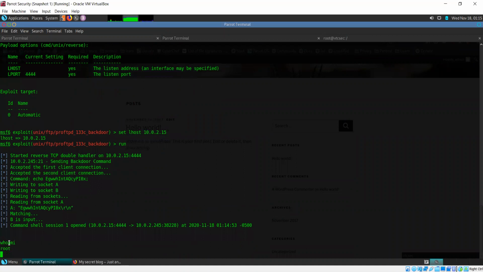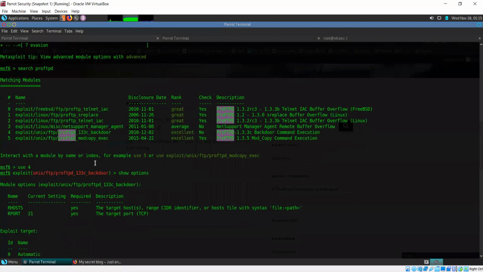Root. So this directly gives us root access because there is already a backdoor in this FTP daemon. So this is another way to hack into the system.